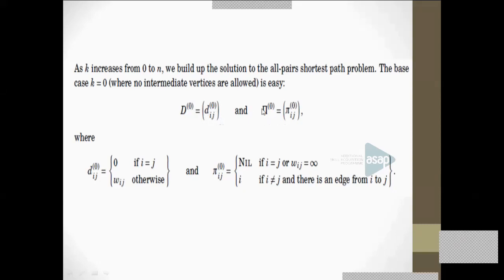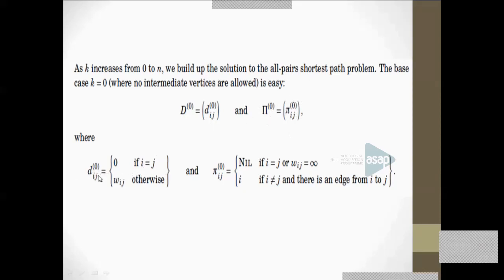Similarly, one more matrix we will be using in the Floyd-Warshall algorithm is the predecessor matrix. Pi_ij is just the predecessor of j in the shortest path from i to j. That vertex number will be stored in the matrix called pi. Pi is the predecessor matrix and d is the distance matrix. And d_ij^0 is defined recursively like this.